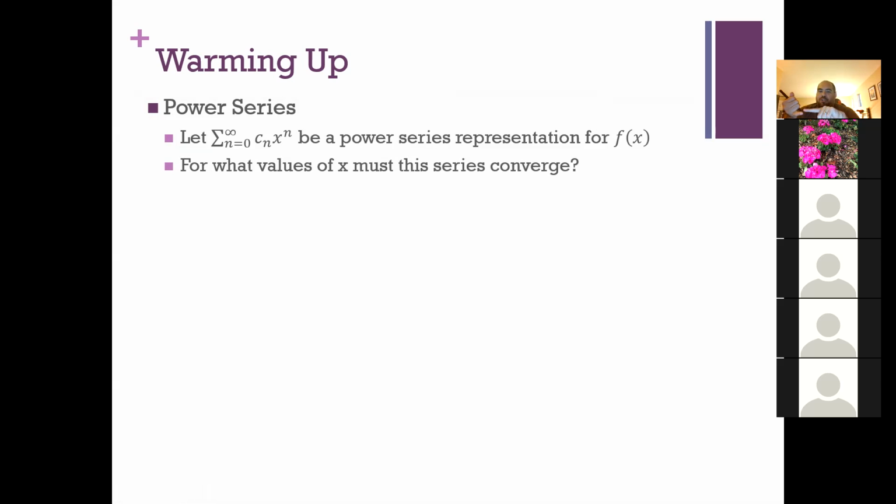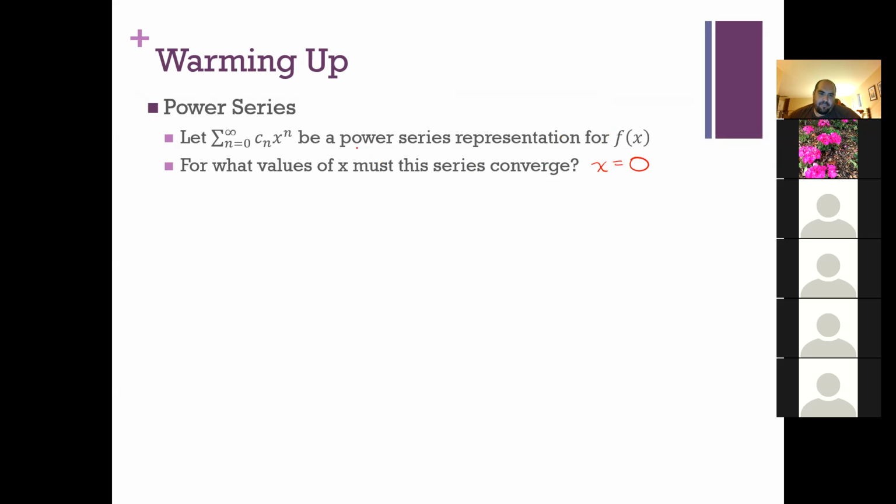They either converge for all values of x. That's kind of your best case scenario. They might converge for some values of x inside a finitely large radius, or, in the most limited cases, they might only converge for a single value of x. But even in that worst case scenario, you get that